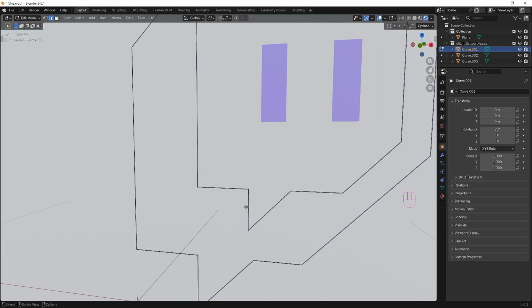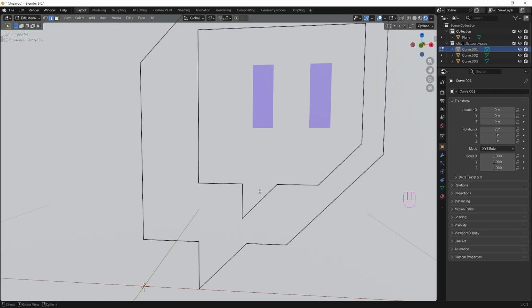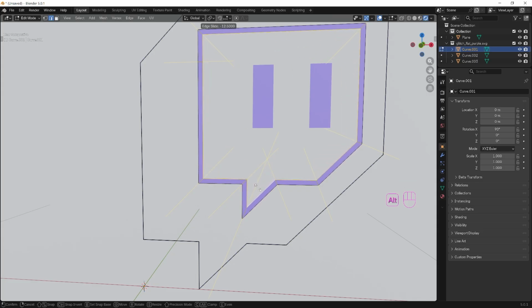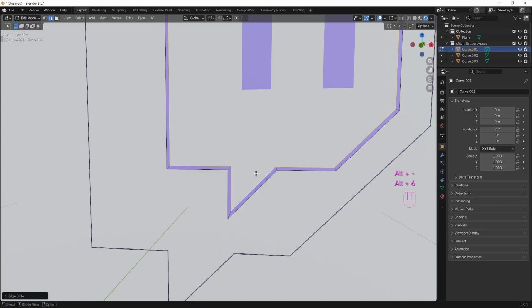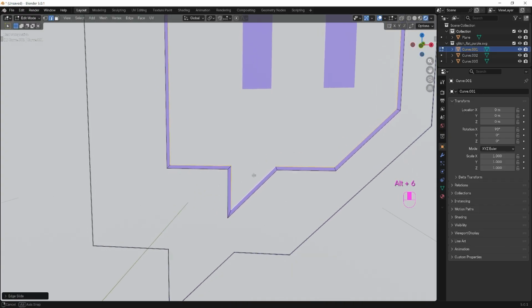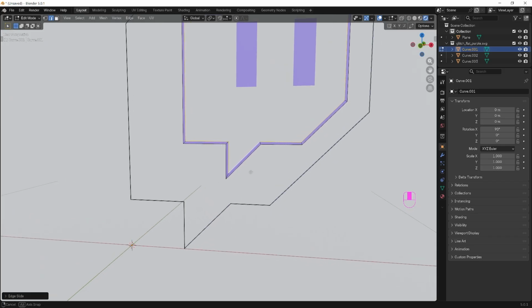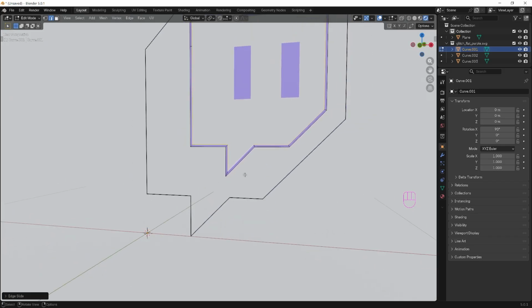Now we'll make the borders a bit wider. So hold down Alt and click outside the edge to select the whole edge. Then press GG and hold down Alt and we can slide these edges along the normals. While holding down Alt, type -6. And a quick FYI, for me this only works if I use the minus and 6 on my keyboard, not the numpad. But this issue might be caused by my keyboard settings.